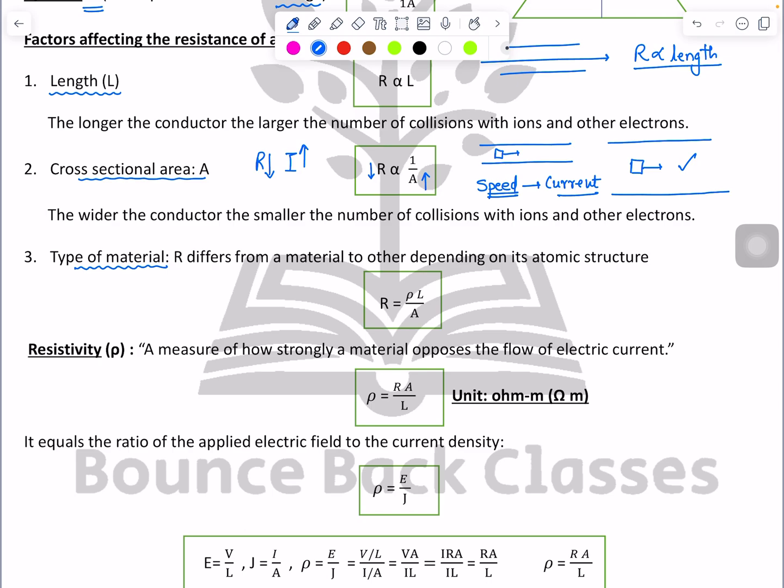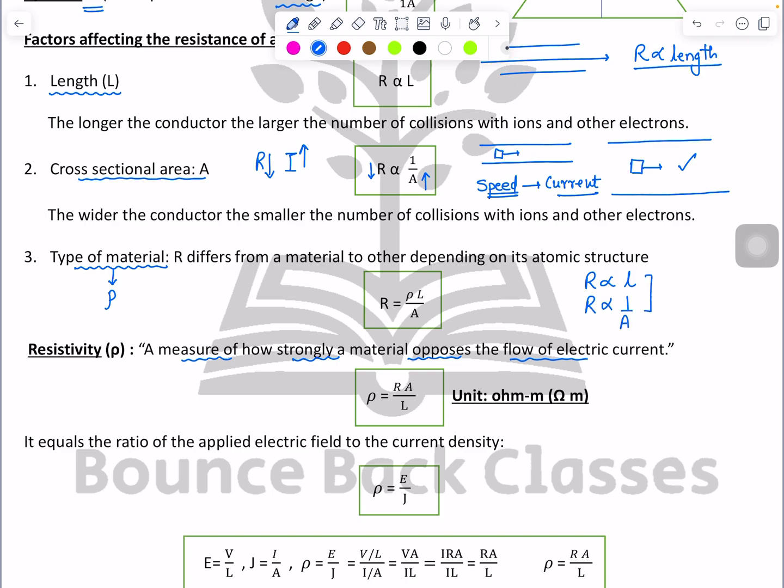Okay, and for the type of material, we generally study a word called resistivity. Resistivity means the ability to oppose the current. So resistivity is a measure of how strongly a material can oppose the flow of electric current. Clear, guys? So we have the three factors: R directly proportional to L, R proportional to 1 over A, and